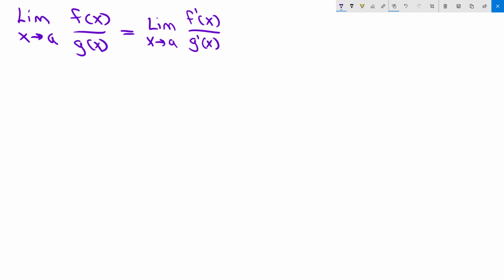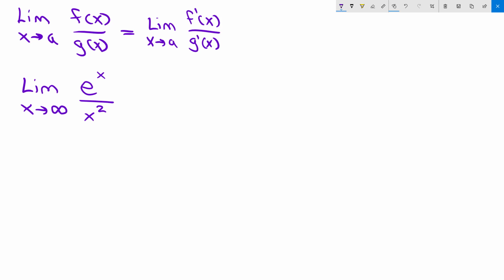Now that we have the tool of L'Hopital's rule at our disposal, we're just going to do a few examples using it. So we'll see what they look like and how they go. So for this first example, we ask, what's the limit as x approaches infinity of e to the x over